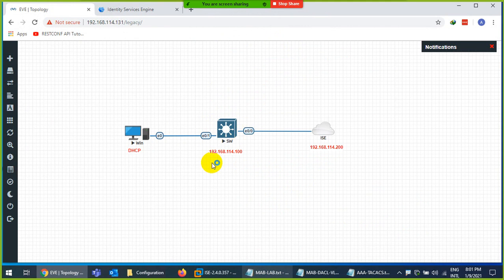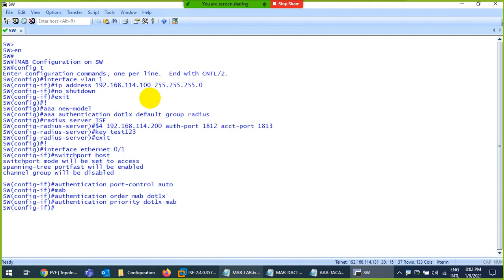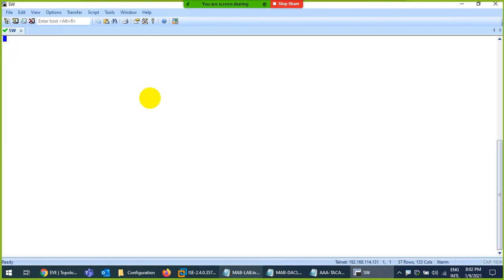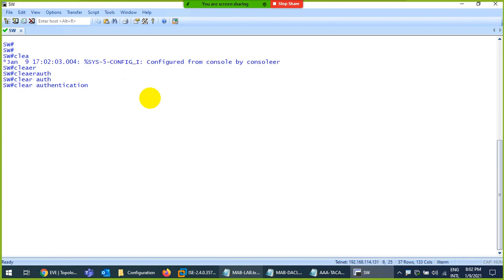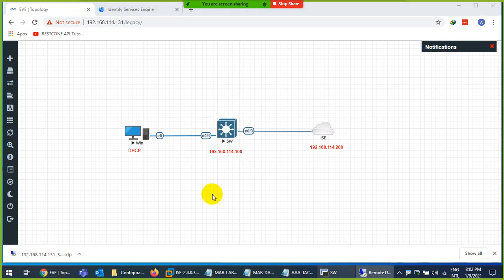This is the configuration on your Cisco switches, and you need to apply these commands on every port of the Cisco switch. So let me copy and paste. Done. And no shutdown, maybe the port is down or something. And clear authentication session, in case there is any authentication, I clear any session. I need the MAC address of this device to register it in Cisco ISE, so why not go to this PC and take the MAC address of this device. In this case, you need to collect all the MAC addresses.